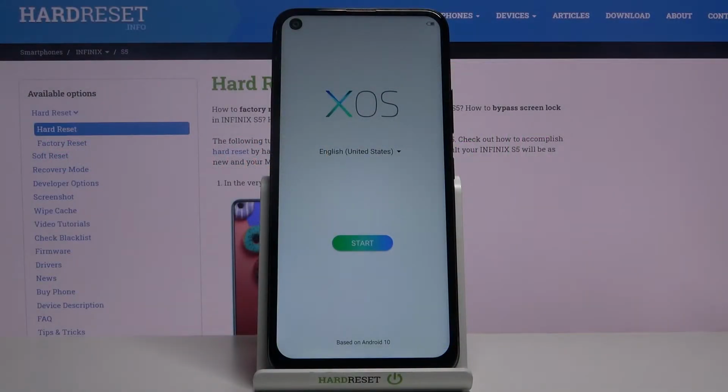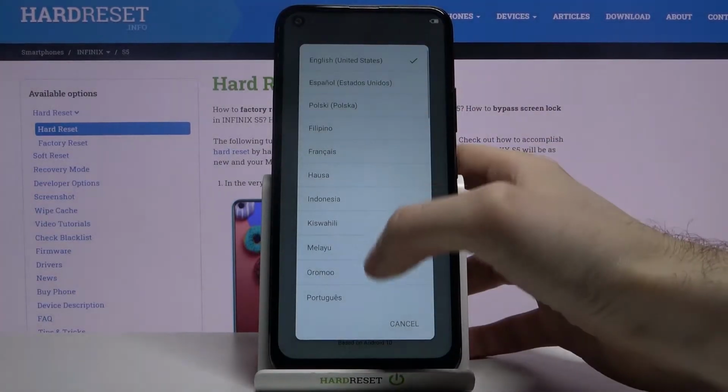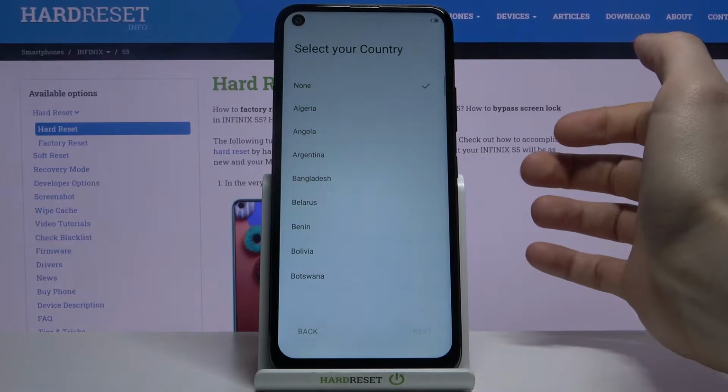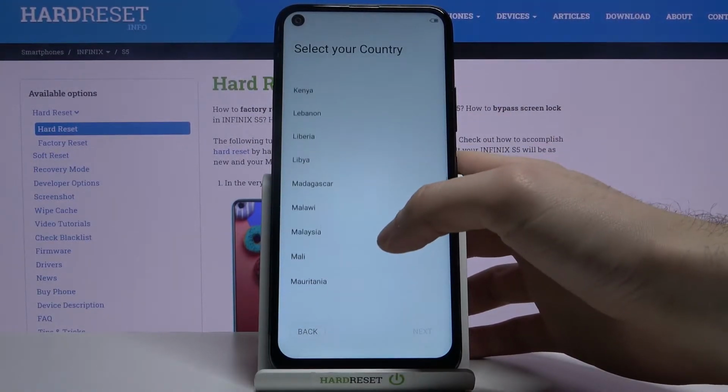Here I have INFINIX S5, and today I'm going to show you how to set up this device. So firstly, you have to select language. I'll stay with English. Next you tap start. Next you have to select your country. Let's select, for example,